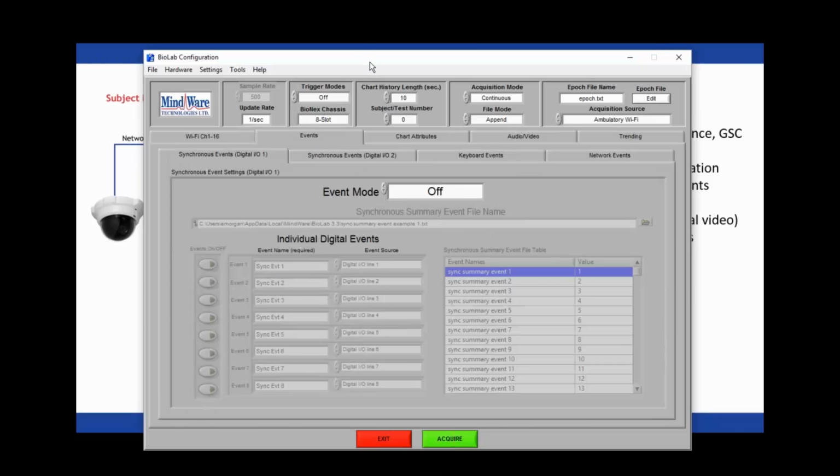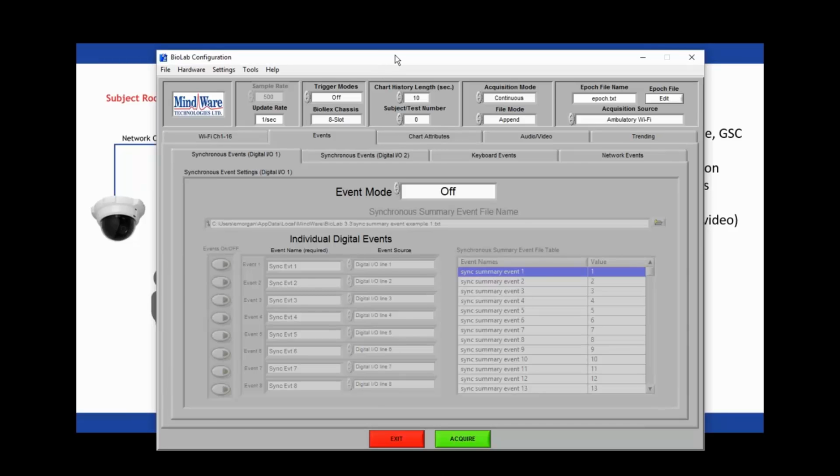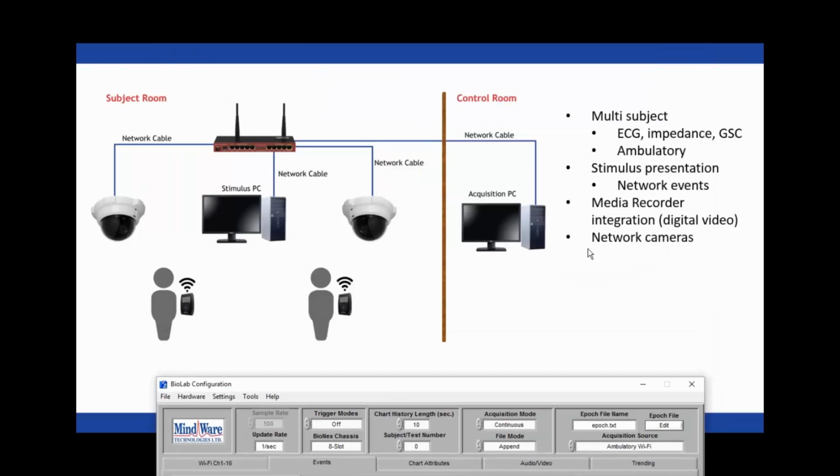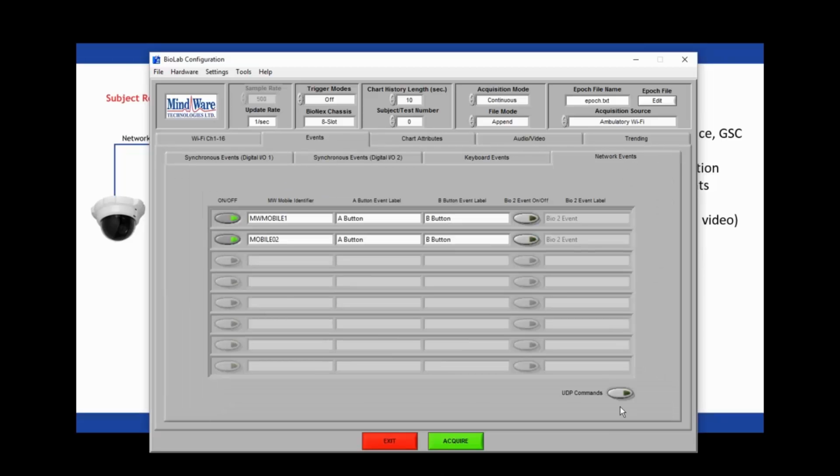Next, we mentioned earlier in this particular example that we're going to be doing stimulus presentation, but because there's no BioNex in this system, we have no choice but to use network events from ePrime to BioLab. We're going to do that by going to the Event tab, going to network events, and turning on UDP commands. So now we're saying BioLab is ready to accept incoming events from ePrime or from whatever stimulus presentation package you're using via the UDP command set, which is described in the BioLab manual as well as on the